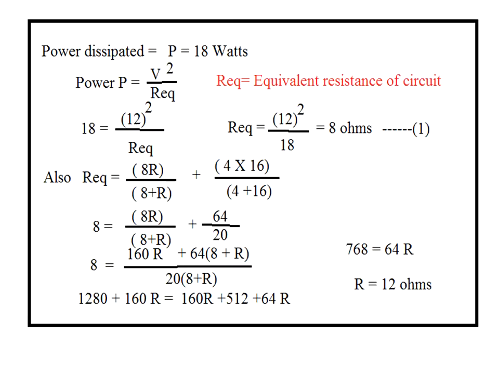So, all of you write down all the equations of power. Power equals V into I, power equals I square into R, power equals V square by R. Then you decide which equation I should apply to solve my circuit. So, power is given as 18 watts, total voltage is also given, then I can use power equals V square by R. In this case, R is the total equivalent resistance of the circuit.